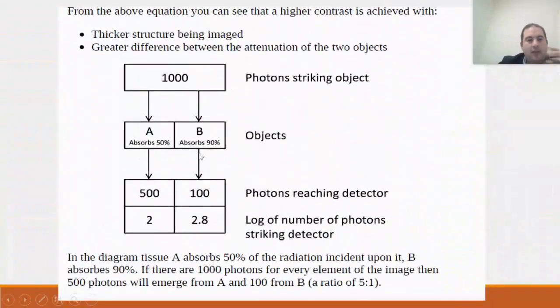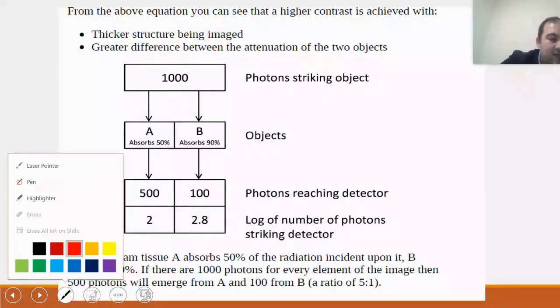So here I have two objects, A and B, and I have 1,000 photons. These 1,000 photons are incident on these two objects. Object A absorbs 50% and object B absorbs 90%, which means 100 photons pass through object B and 500 photons pass through object A. If you want to take the log of what passed through from the two objects,